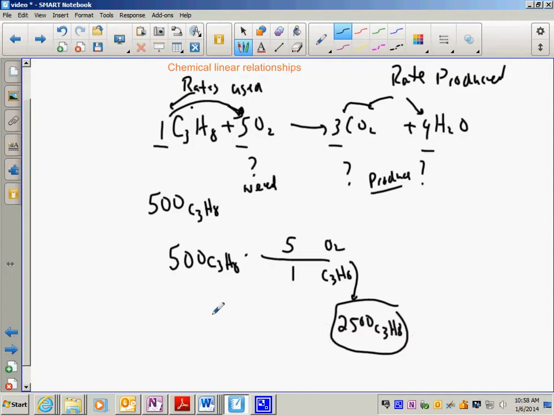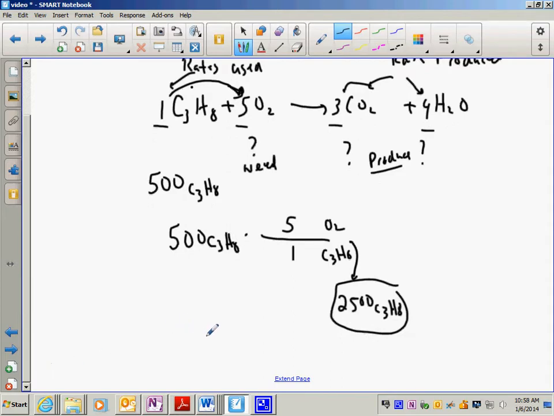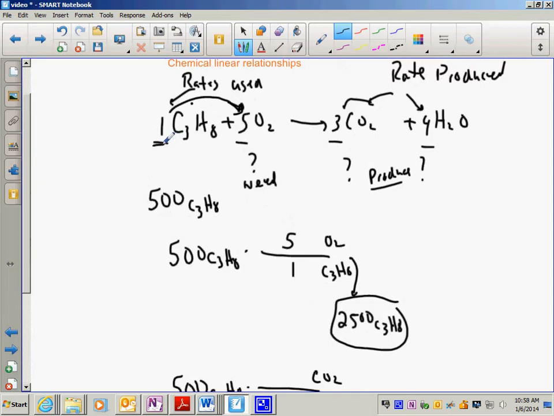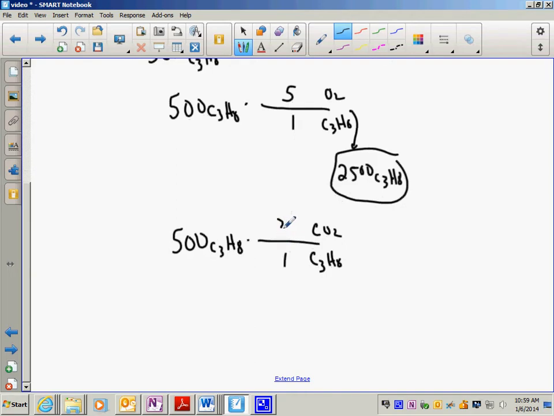If I were to consume 500 of these, 2,500 of these, how many of these would I produce? I could simply say, well, off of the 500 or off the 2,500, you get the same answer either way. Let's do that on the bottom here. Okay, extend the page a little bit. 500 C3H8s. I want to get rid of the C3H8. I want to go to the CO2. What's my relationship here? It says that for every one of these I consume, I produce 3 of these. So it is 1 of those, 3 of these